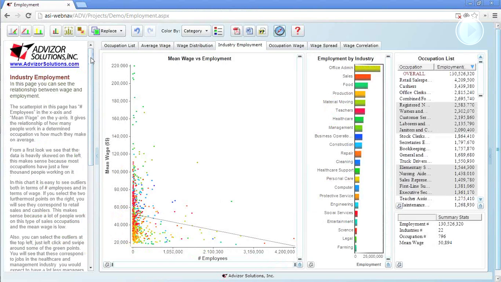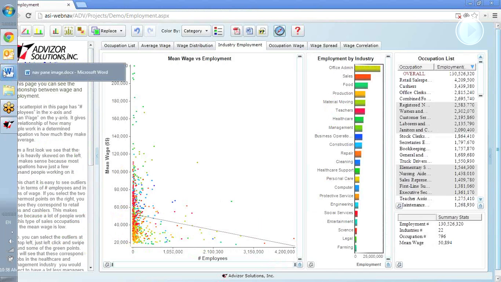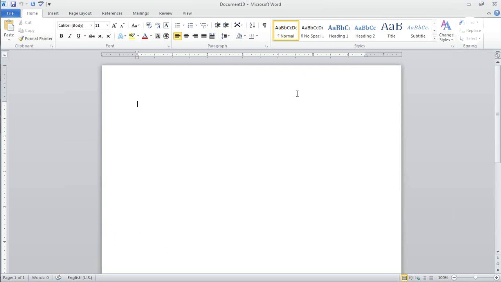Now, creating navigation pane content is fairly simple. Let's do an example. You need to use a tool that allows you to specify the file format as rich text, such as Microsoft Word, which is what I will be using. So you just have to author the content,